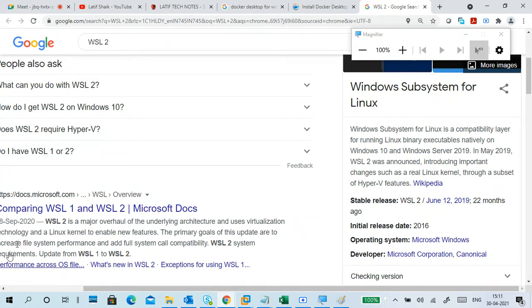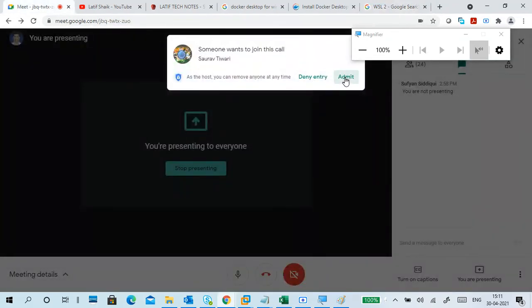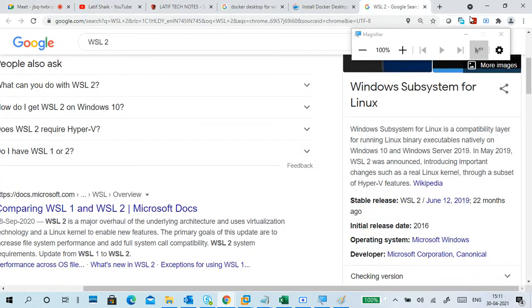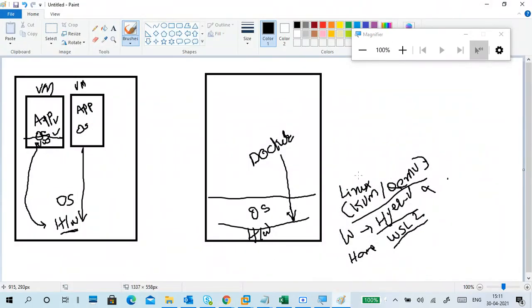Okay. Also I read somewhere comparing Hyper-V and running with this one. This is much faster than Hyper-V, because Hyper-V is a whole feature. If you don't have Hyper-V, this will provide this kind of layer.